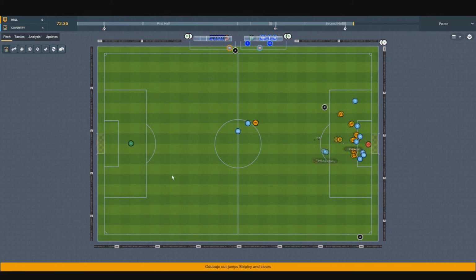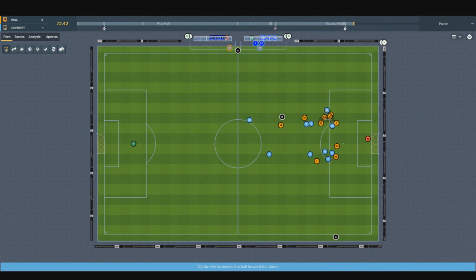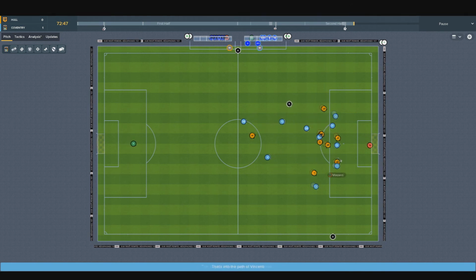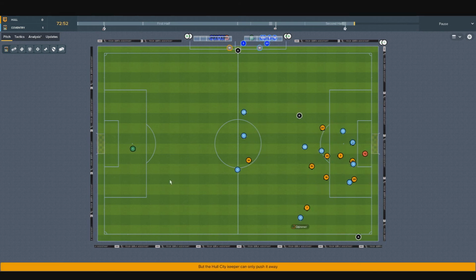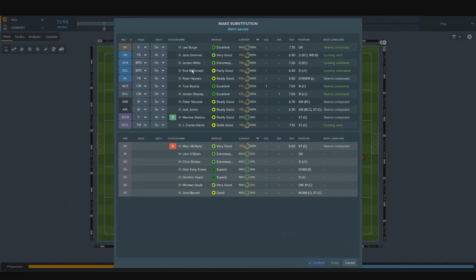Jody Jones. Clark Harris can get there. Jody Jones. Hold it. Backwards to Rob McDonald. Bayliss. Vincenti's out wide. Marshall with an important save. And we're doing all the attacking here. We've got this game. Who's not having the best game at the back? Rob McDonald. We're going to bring on Chris Stokes. And we're going to bring on...